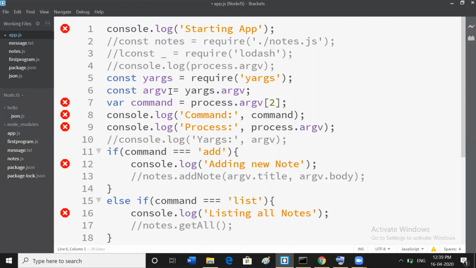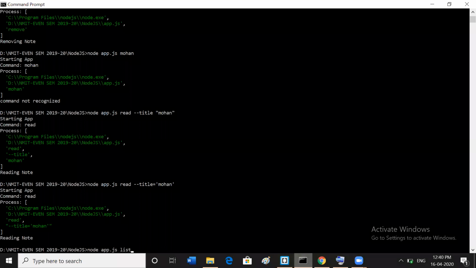Then now we can see the difference between process and yargs. Okay, so how we can see, okay, here console.log process.argv, yargs argv. Okay, now we can see the difference between process and the yargs. Same code we can